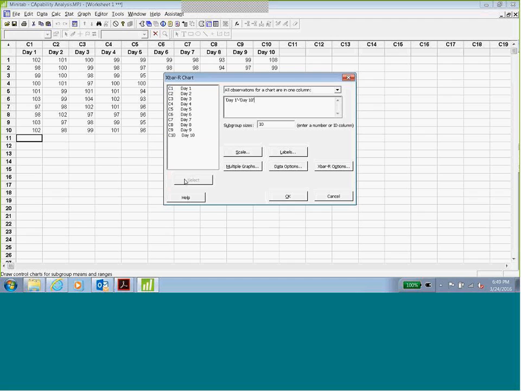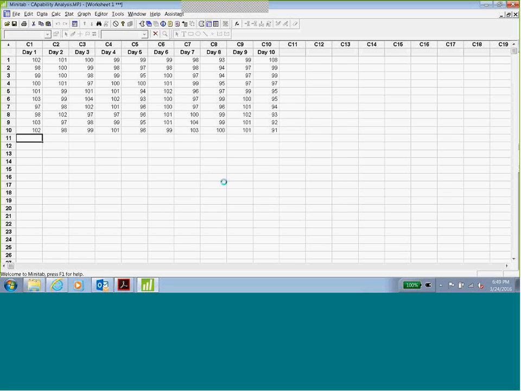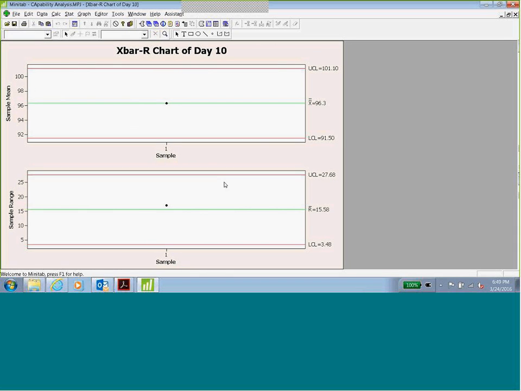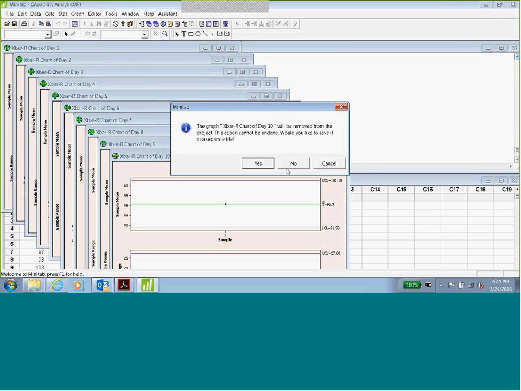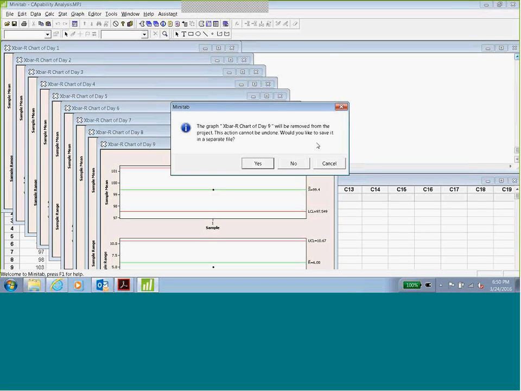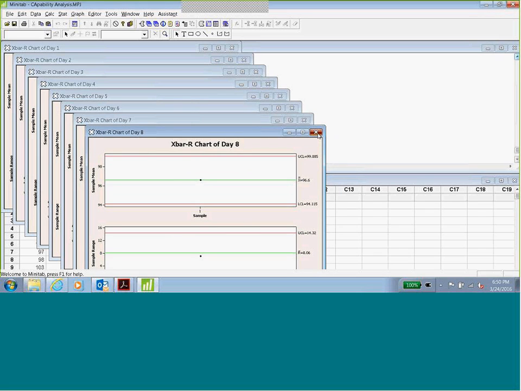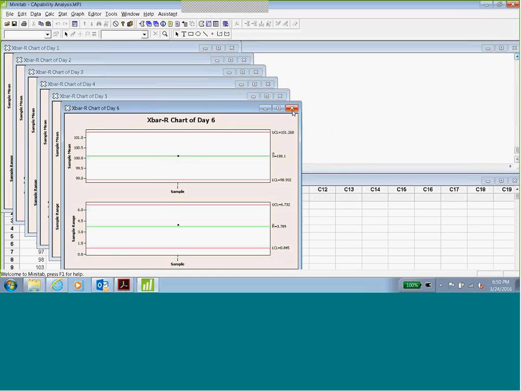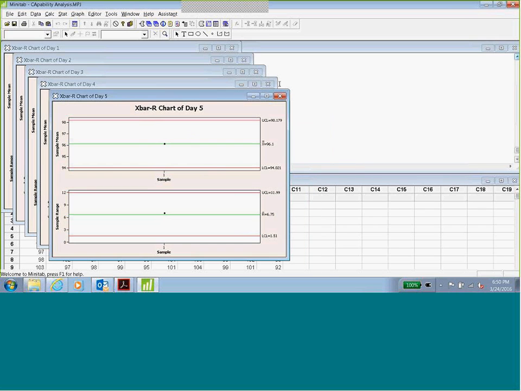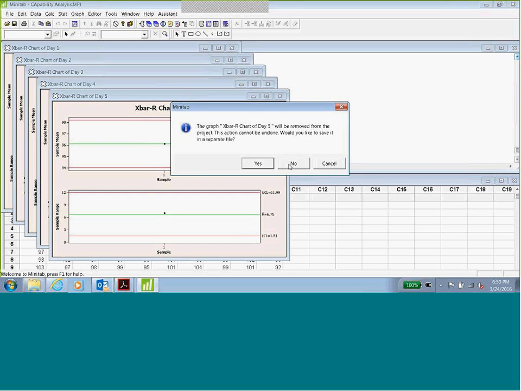Sorry about that, switch columns here, then add the subgroup size and click OK. You just did it the wrong way. I'm sorry about that. After the other options where you have all your information spread across the different groups. So this is only if you have all your information in the